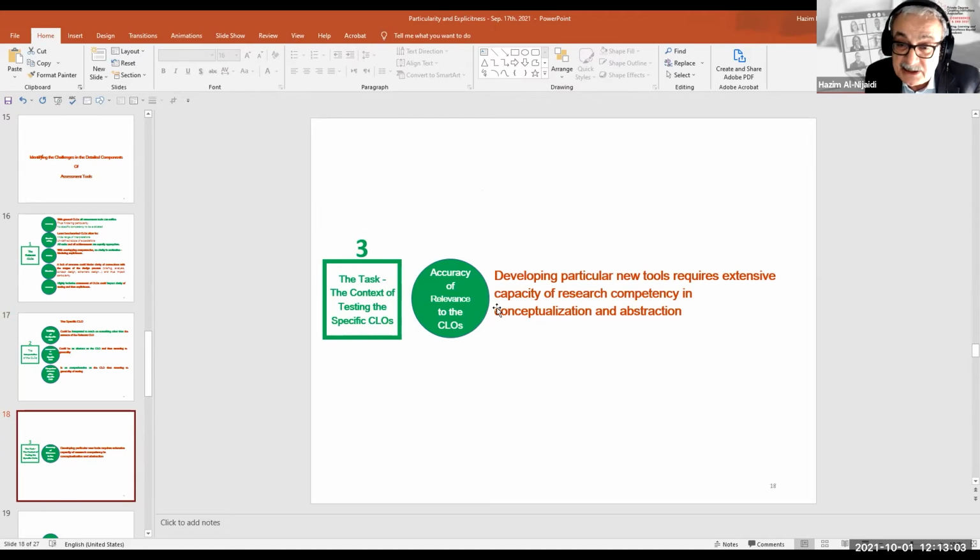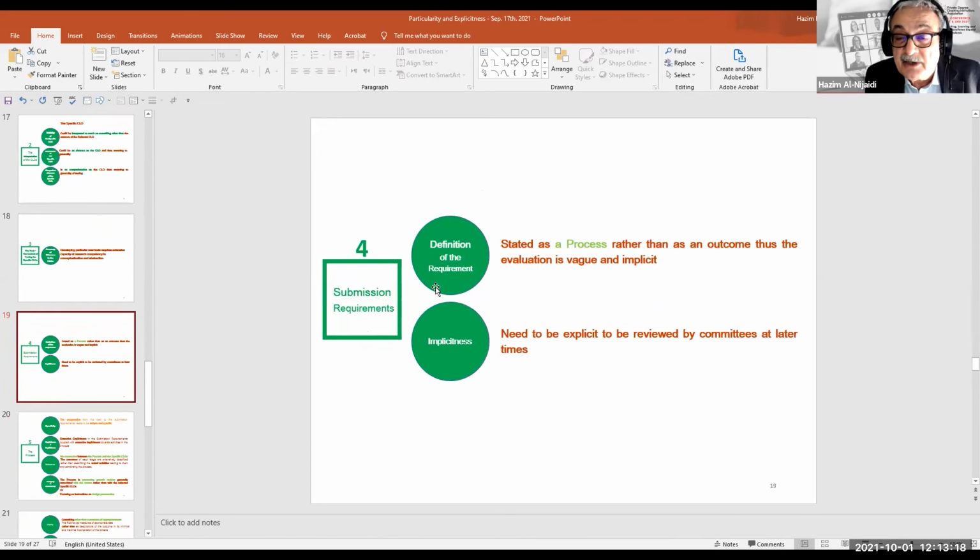The challenge here is how can you develop a relevant task relating to the CLO? And this requires high level of research competency and conceptualization. When you go to the submission requirement, we notice often they are treated as a process rather than as an outcome.